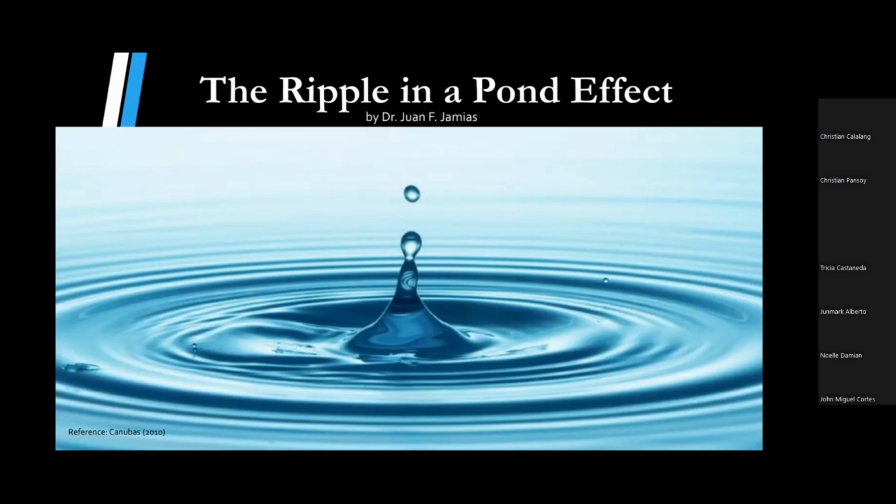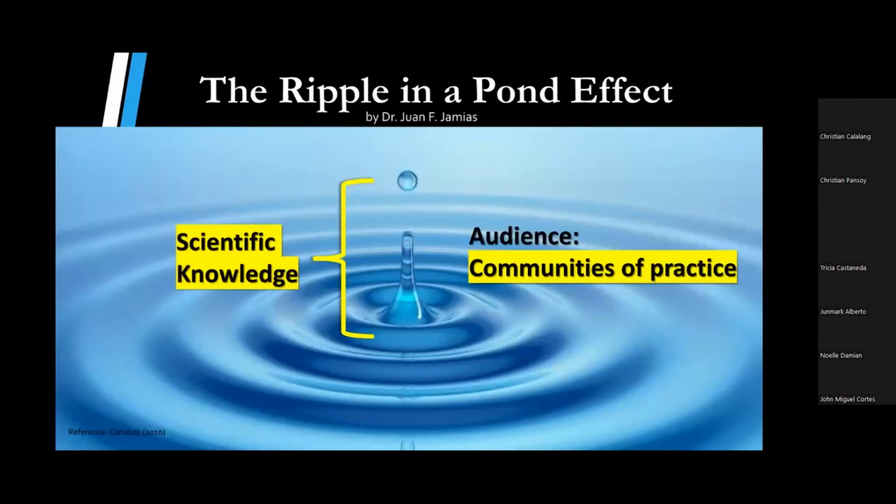So, tama si Marvin, yung sinabi ni Marvin about you, for example, as the researcher, ibinato mo yung bato mo doon sa iyong ilog, nagkaroon ng ripple effect, lumalawak yung scope of the people that you can reach. So yun in a sense, yung tinatawag nating ripple effect. So, tignan natin siya in detail as visualized by Dr.